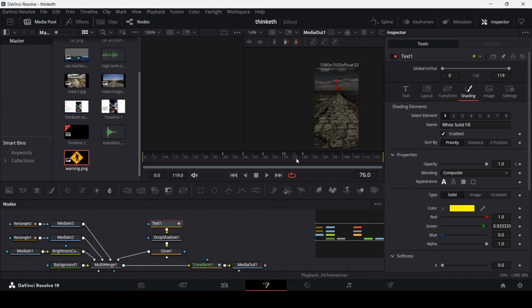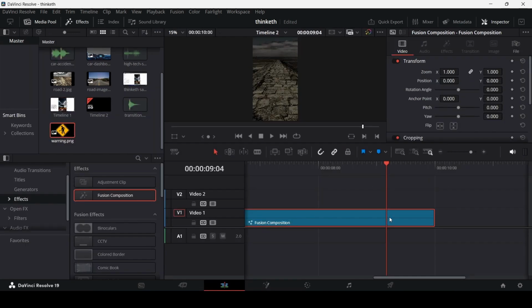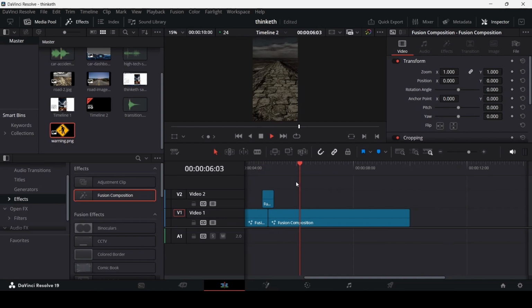And finally, we're going to fade this out from 90, create a keyframe at opacity now at this position, and then at 100, let's just change this to 0. So if you play this thing now, this composition, this specific composition,